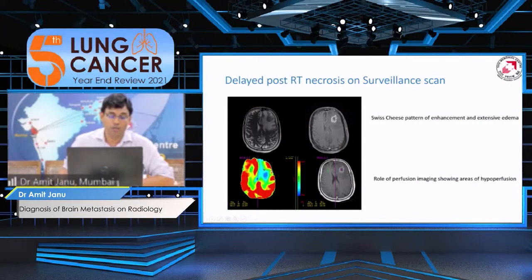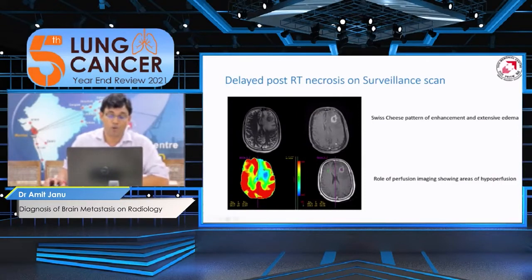If we assess with the functional imaging that we have available, this is the perfusion. If you see the perfusion, it is hypometabolic. The red will indicate higher perfusion, the blue will indicate lower, and the green will indicate that it is a hypoperfused area. So this is a hypoperfused area, and it will indicate that these are post-RT changes, and they can occur after RT. So they can occur immediately after RT or up to 10 or 15 years after RT if the